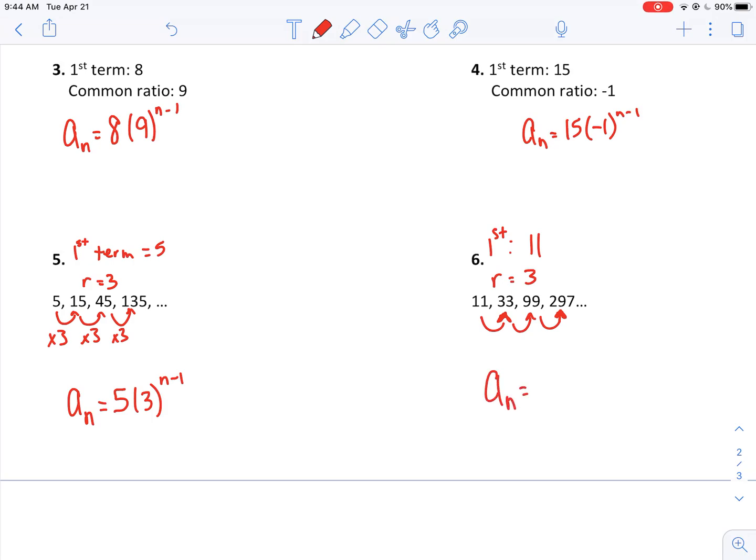And for number 6, what's my first term here? First number you see is 11. And what's my ratio? What am I multiplying by every time? I keep multiplying by 3. So my equation is first term times common ratio to